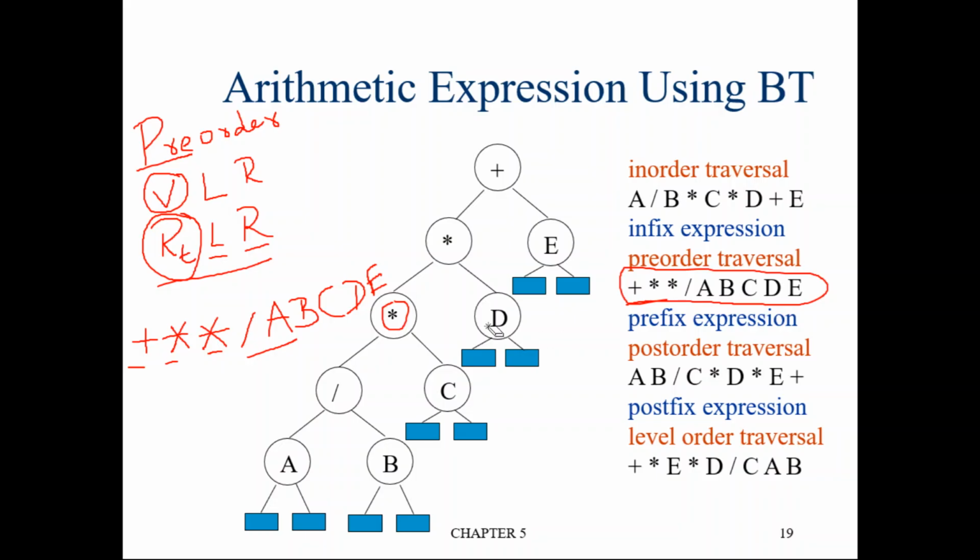Fine. Next we shall see post-order traversal. What is post-order traversal? So this is pre-order. Now what post-order says, in the sense,